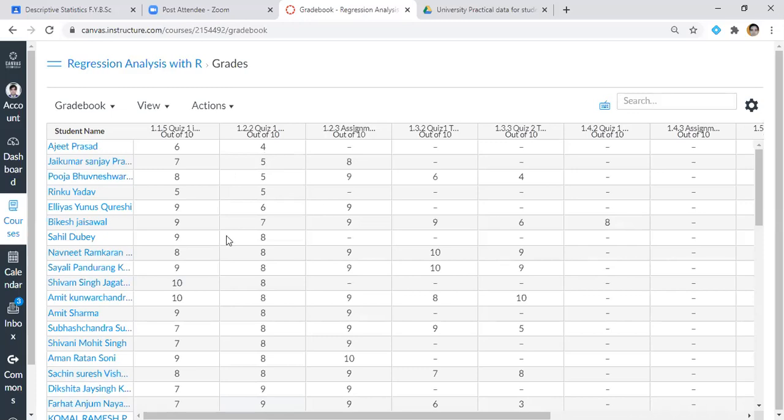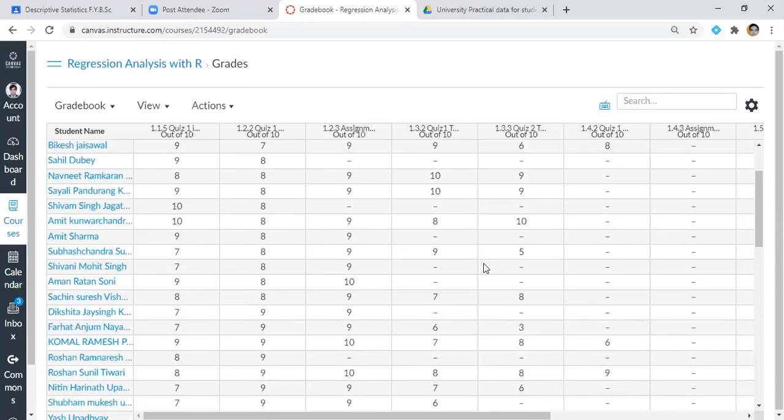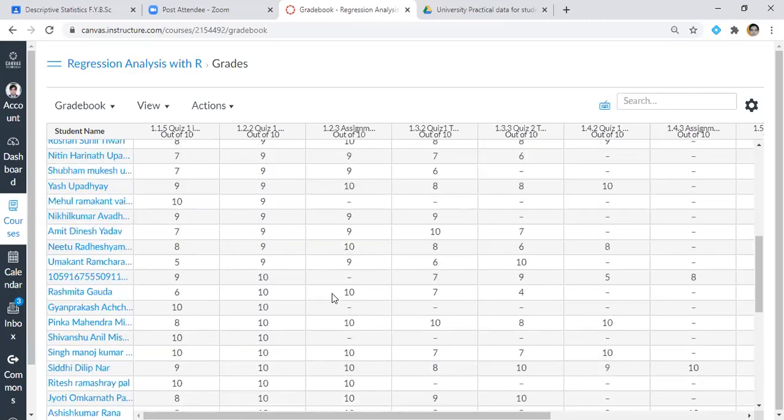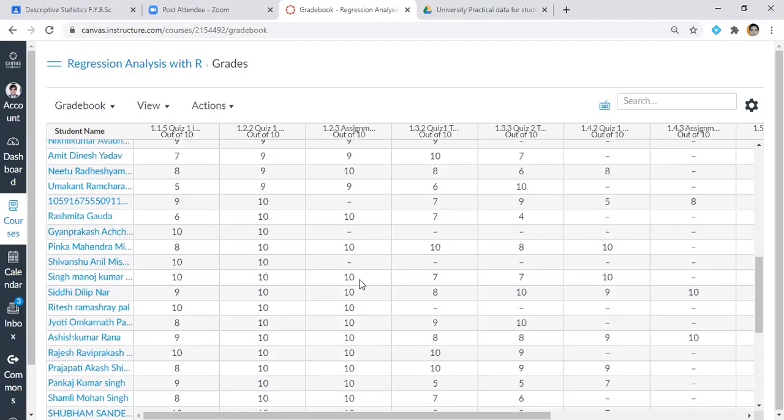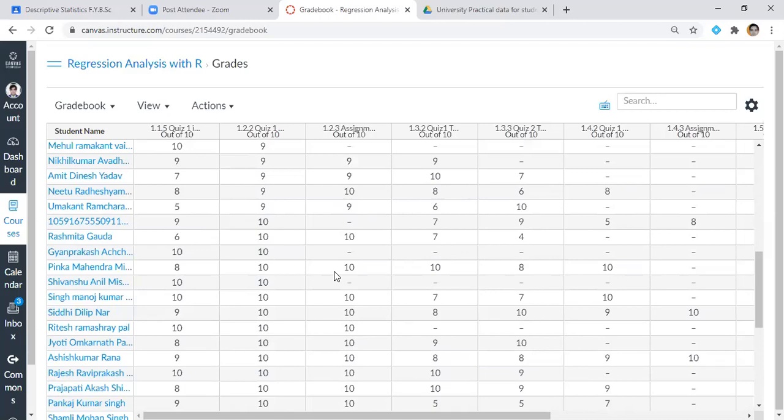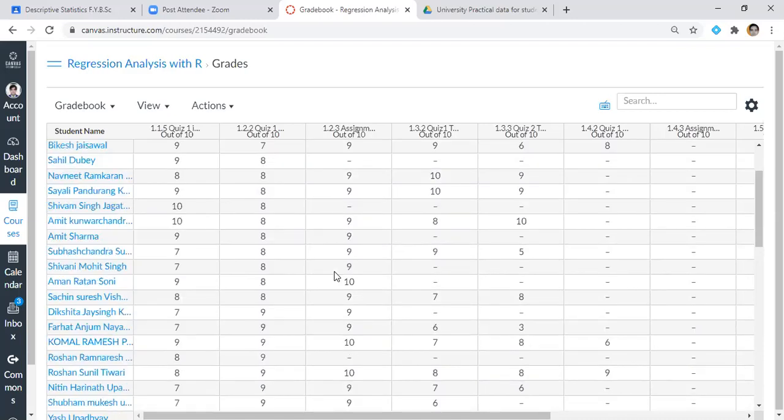Okay, I hope you can see the screen. It looks very nice when I see numbers more than 8, 9, 10. Really, I feel very proud. That means you are studying and you are scoring good marks. But if I see numbers like 5, 6, 4, 3, 2, then I feel very bad. You are just entering the quiz, randomly selecting any answer, and submitting for the sake of submitting the assignment.